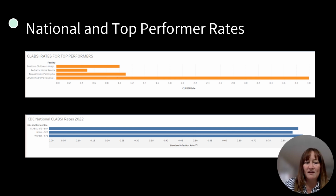But the national rate from the CDC, with roughly 500 facilities, is 0.86, which is not bad at all when you're thinking about the nation, and you're also looking at different types of facilities. So the 0.86 rate really isn't terrible, but it's still not as good as pediatric home service, who is still sitting at a 0.49 CLABSI rate,